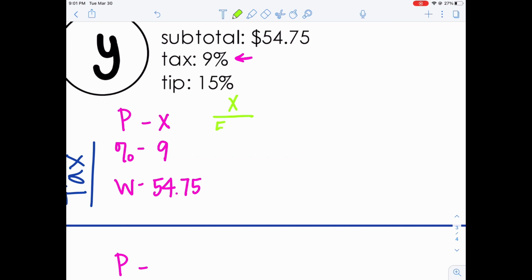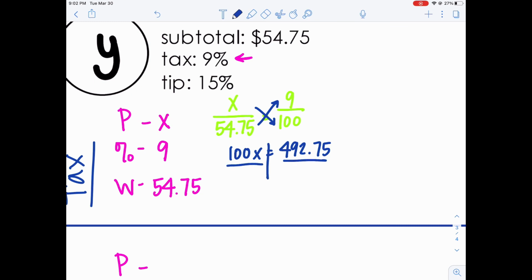Putting it in my percent proportion, X over $54.75 equals 9 over 100. Using cross multiplication to solve this, I'm going to take X times 100, that's 100X, and then $54.75 times 9 gives me 100X equals $492.75. Now I'm going to divide both sides by 100 to solve, and I'm left with X equals